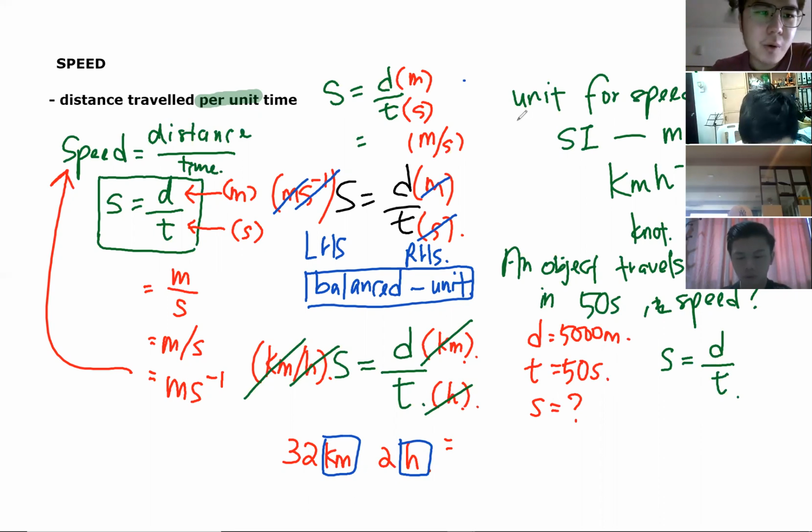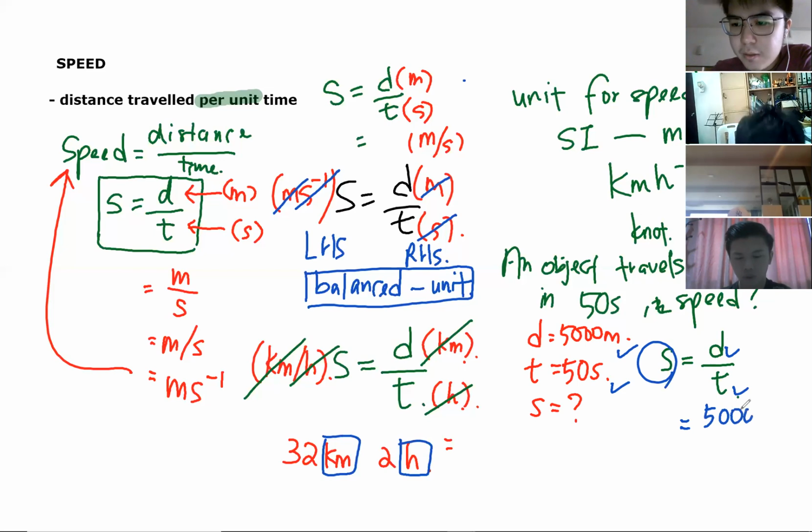Every time you do this type of question, you have to look for the one that is missing. You have D, you have T. D and T are given. The one missing is S, and you want to find S. So substitute, put the numbers in the formula: 5,000 divided by time 50 equals,